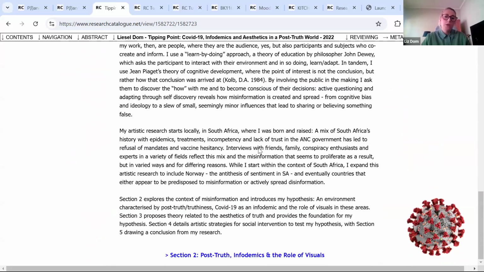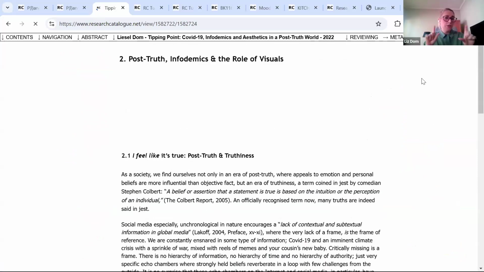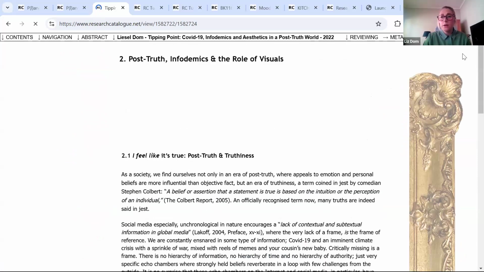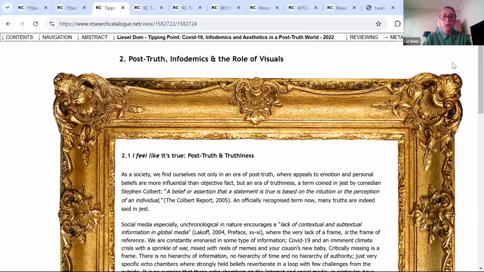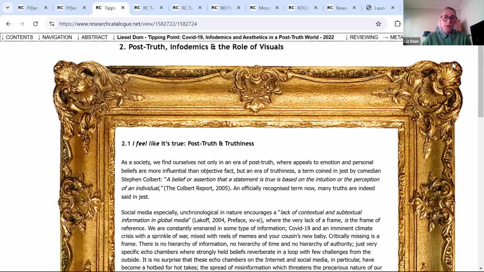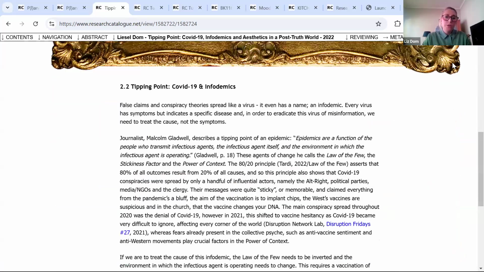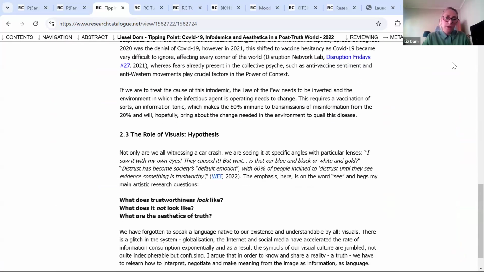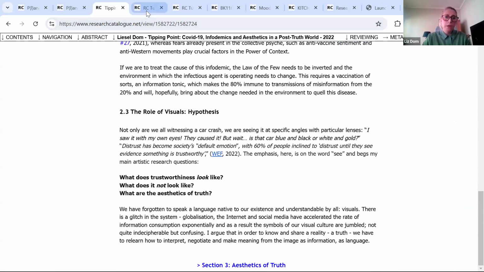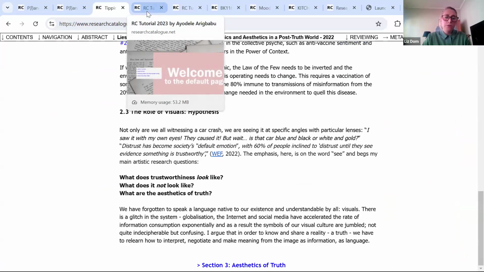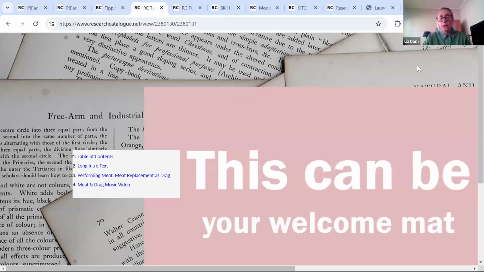So I was able to submit my thesis also on the research catalog, because the research catalog is connected to various education institutions. This is just a snippet of my thesis. And then I can go to how we now use it as a teaching tool.